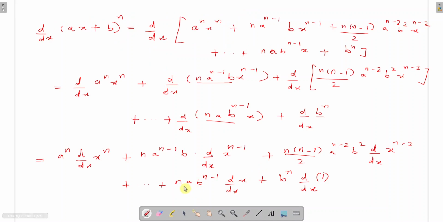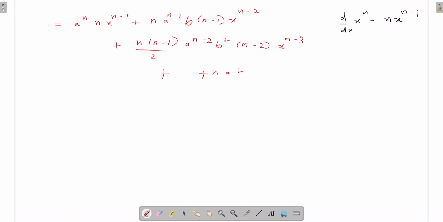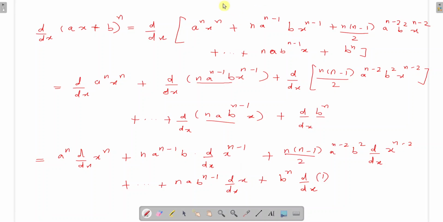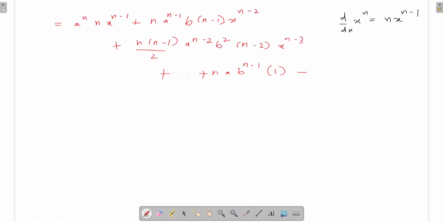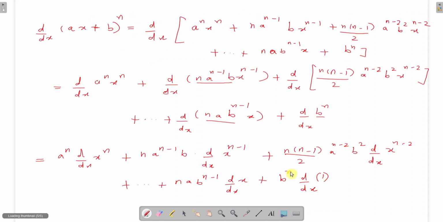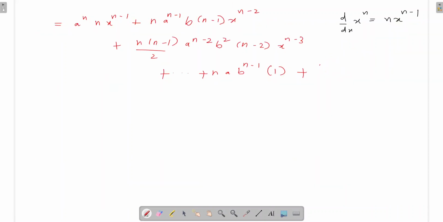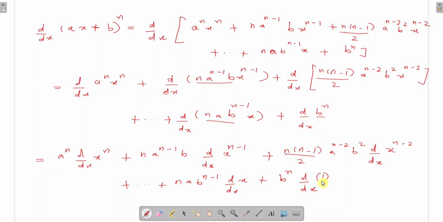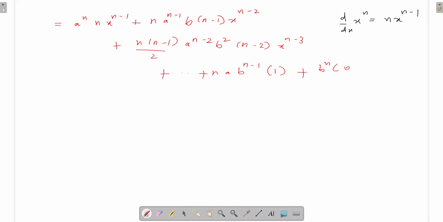Now the second last term will be n a b raised to n minus 1, and the derivative of x is 1, right? This we have studied. Plus b raised to n, and the derivative of 1, right? The derivative of any constant is 0, so we will get 0 here. So we will get here a raised to n and x raised to n minus 1, plus